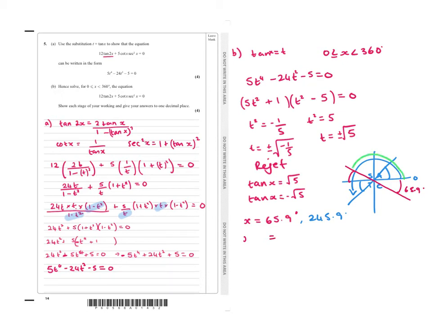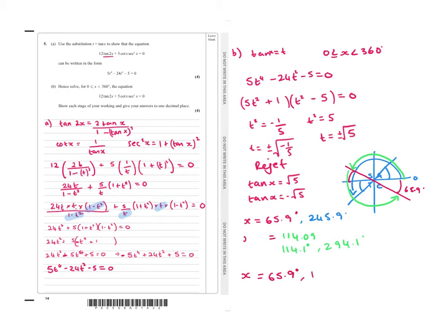We go around. So this is 180 minus 65.9, which is going to give me 114.09, which is 114.1 degrees. And then if I go around here, I'm also going to get 360 minus 65.9, which is 294.1 degrees. So my final answer, and if I round everything to 3 significant figures, I'm going to get x equals